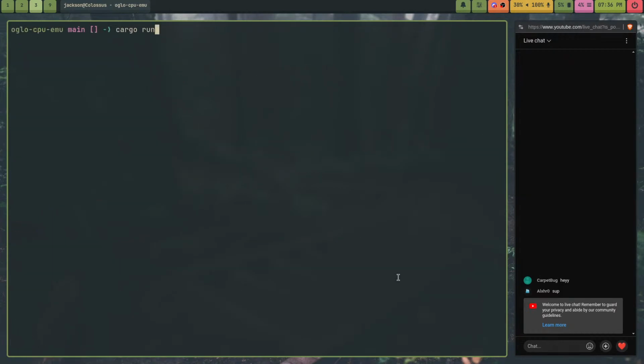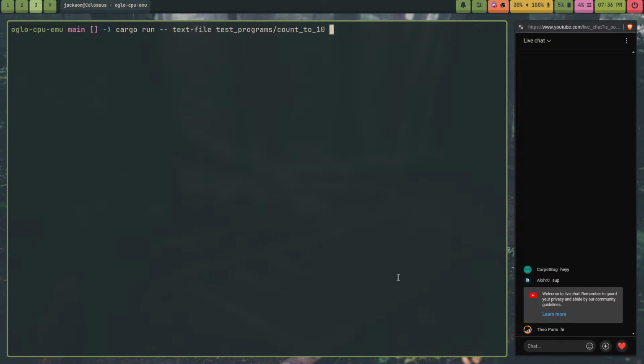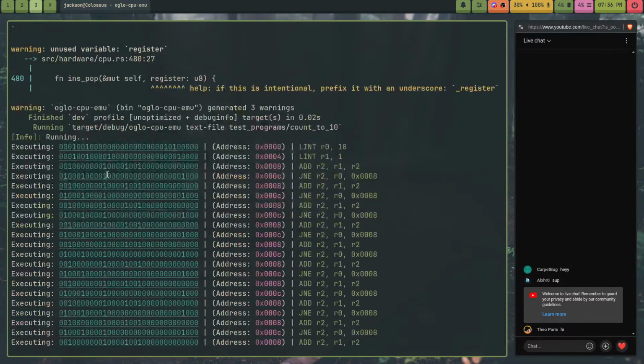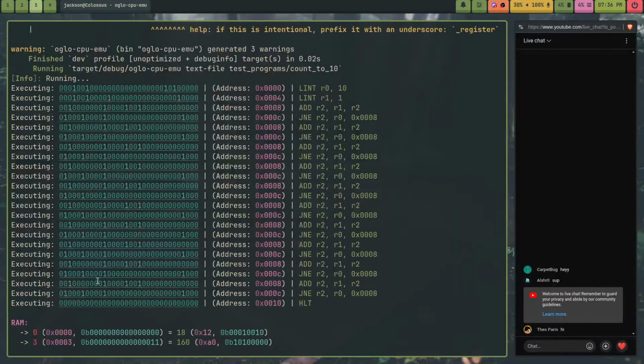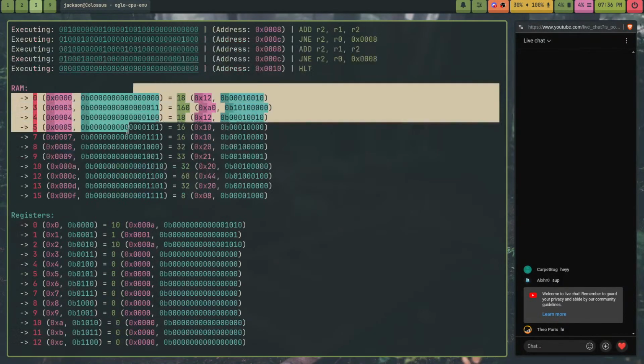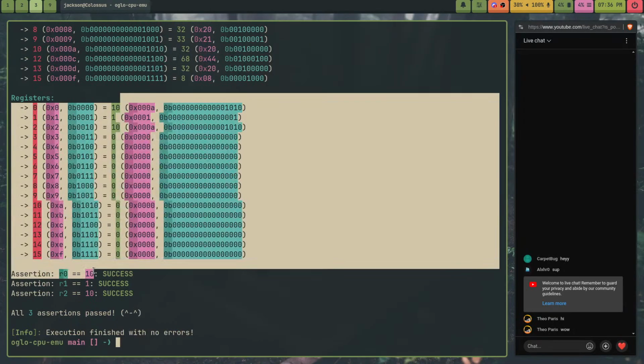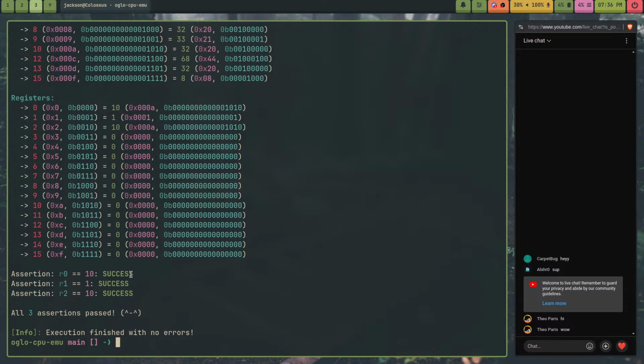I can run it with cargo run, text file, test programs, count to 10. Here it is running. Here's the non-zero values in RAM. Here are the registers. I added assertion support to my emulator, so in test programs,